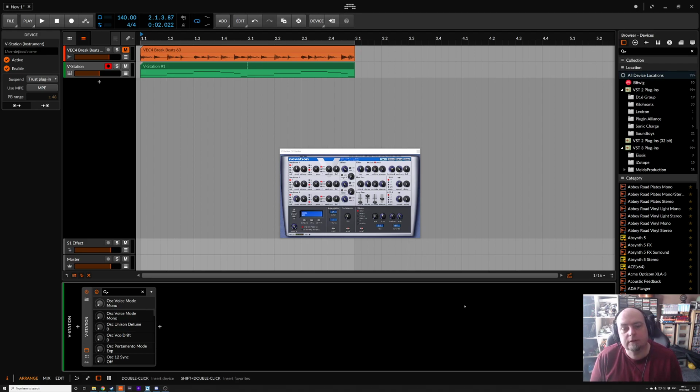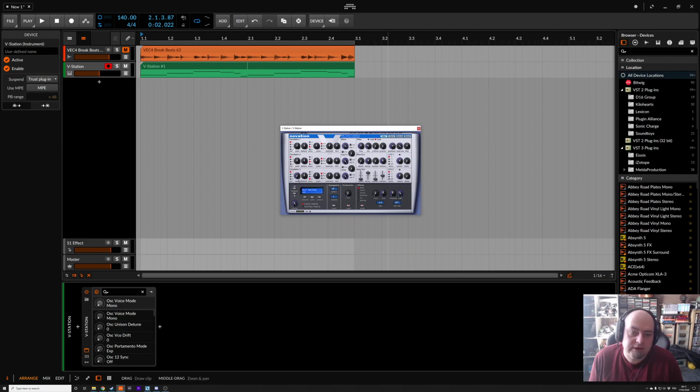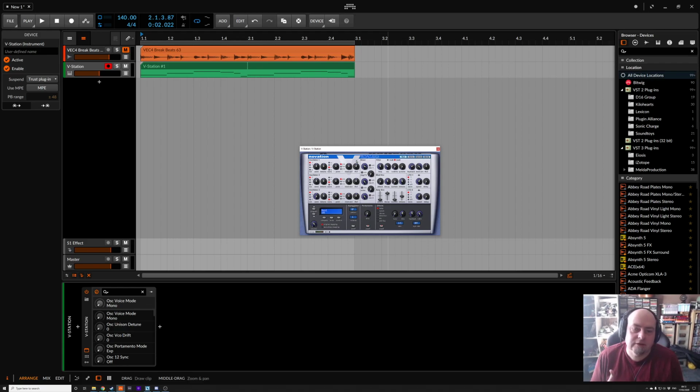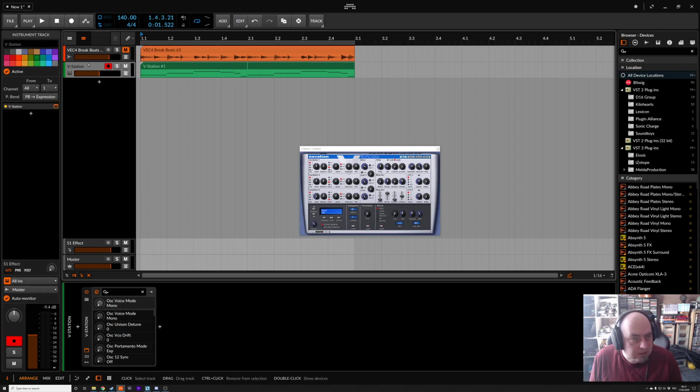To demonstrate this, I've just got Novation V-Station, which is 1,000,000 years old, and the reason I've chose it is because it's not very flexible. So this is the kind of thing where you'd want to add as many different modulators as you could, because the ones that are built in are really basic. And I've got this very basic baseline and a generic loop from the internet. Okay, and we're not going to hear this loop, we're going to use it as a modulator, but you'll see what I mean anyway. So if I can get used to this big ass mouse cursor,